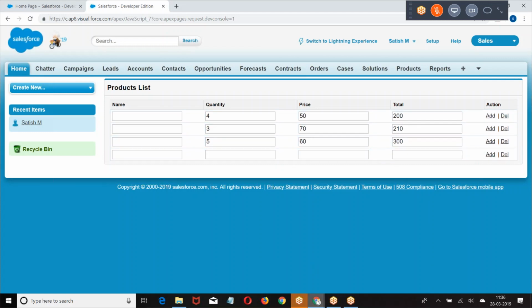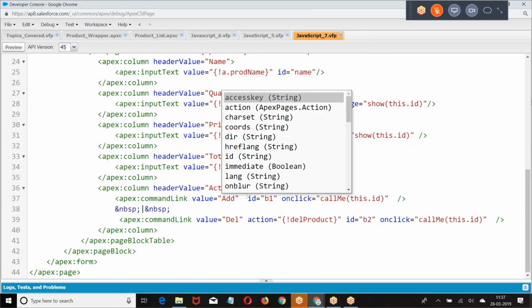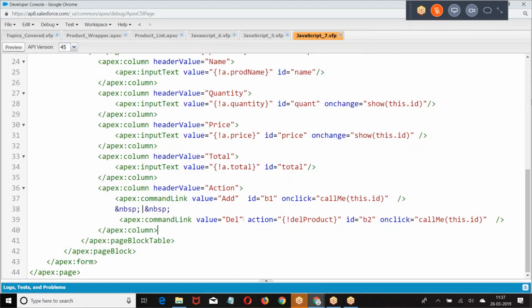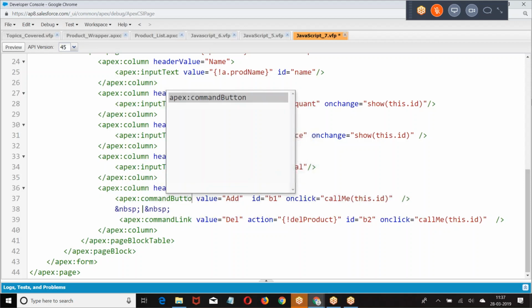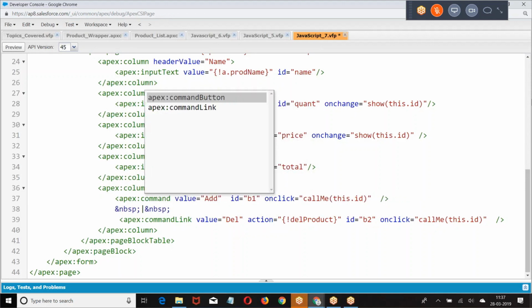Now the question is, why are we not getting this? Command link value equal to add, ID equal to B1, on click call me. Re-render in case there is an action.